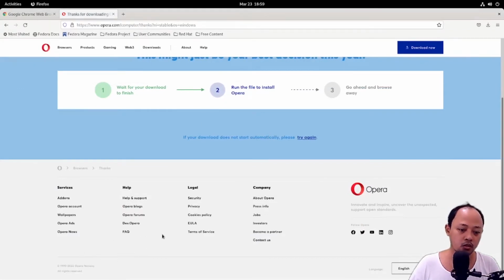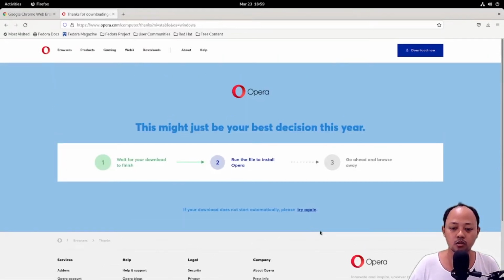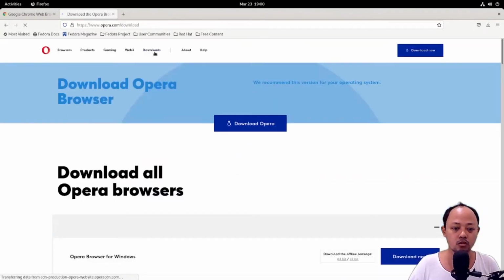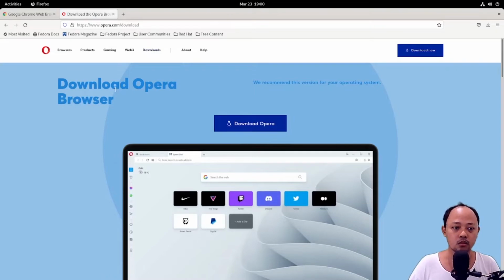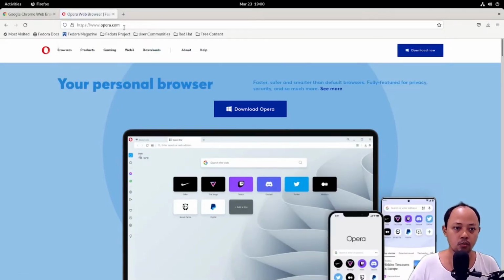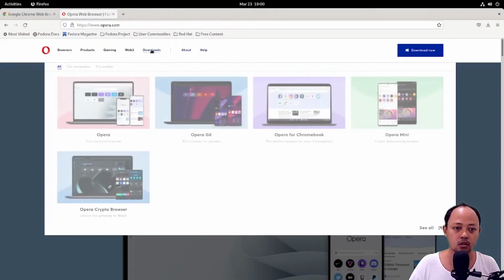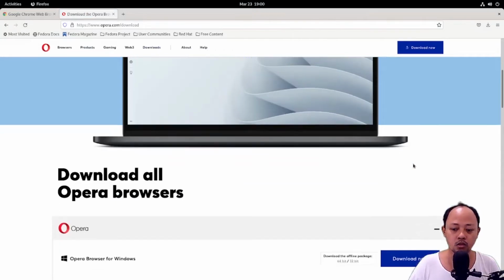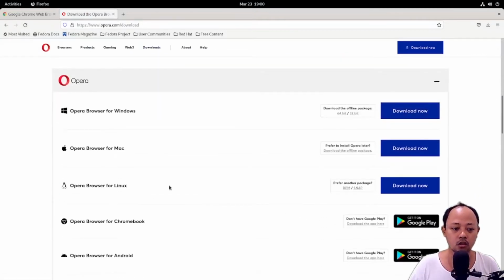Where's the download button for Fedora? I'm still looking for it. Download. Oh, this one. So we can go to opera.com and then click the download menu, and we will see the RPM package.